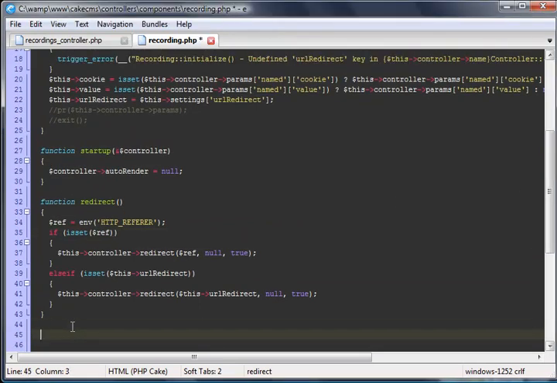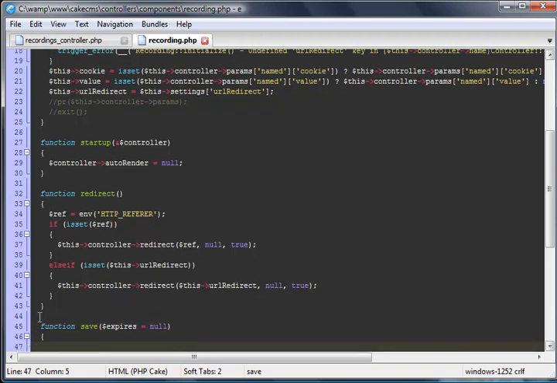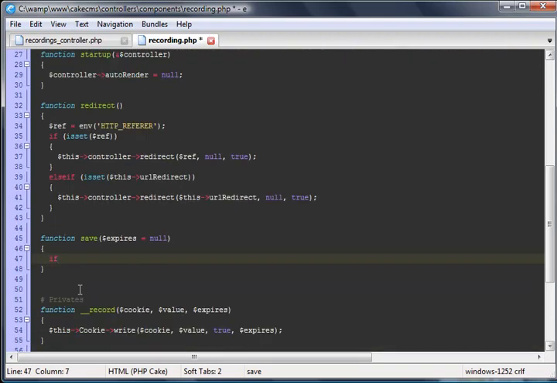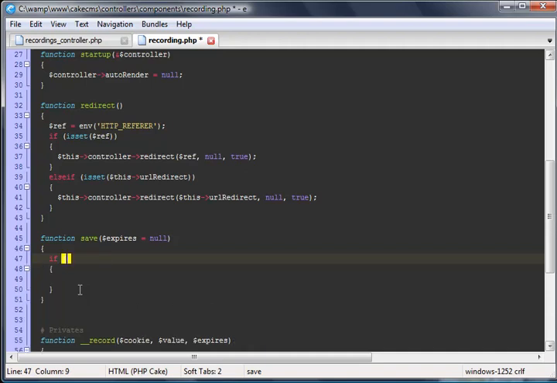Let's create the last method, which will be a public method as well, and we'll call this one save, and I want to pass in an expires parameter, and it doesn't have to be set, and we'll just scroll down here, but if it is set, I'm going to allow people to override this. This will allow people to override the expiry date of the cookie on the fly inside the action a lot easier. Let's do an if test in here, so we'll just do isset, and we'll say expires, and we'll set this settings expires equals expires,